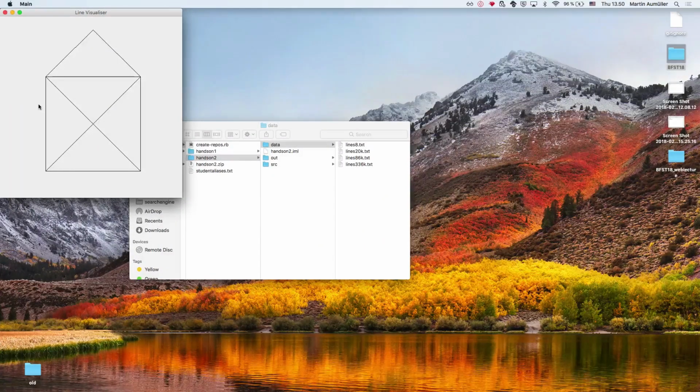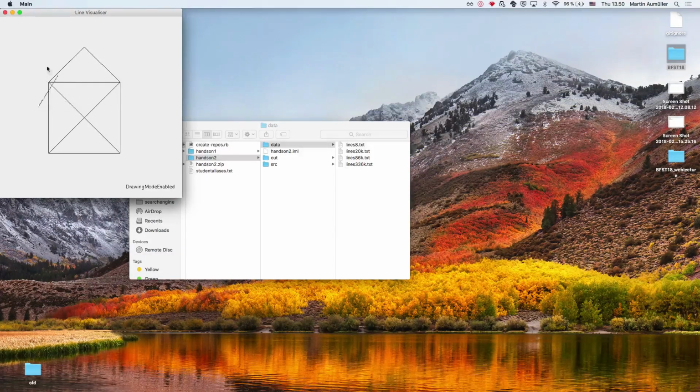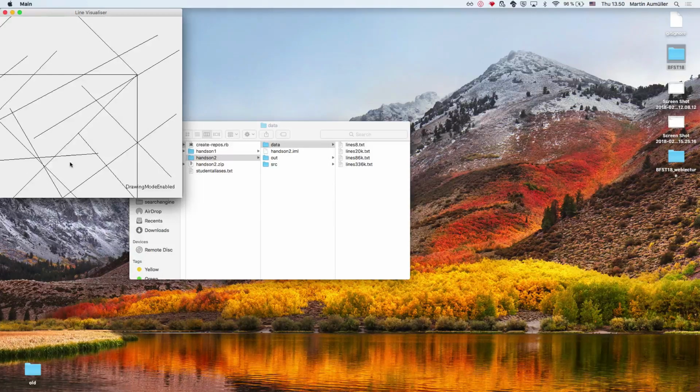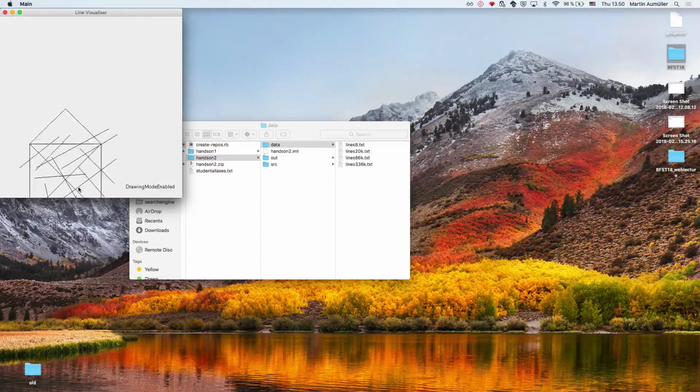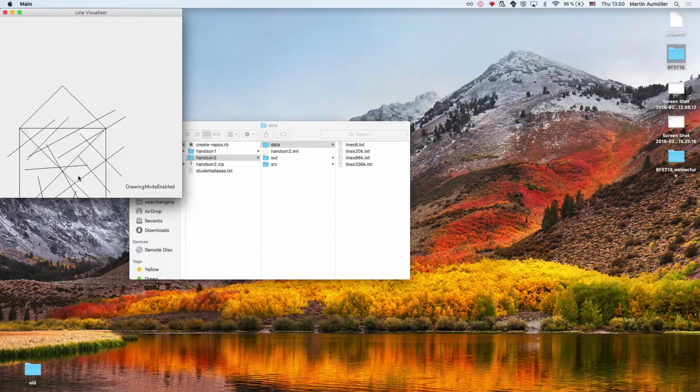And let's see, I'm pretty sure it doesn't work. But drawing mode enabled, I press, and I can do something. Yeah, I can draw lines however I want. You might see an issue here. Like these lines, they are somehow not where, I mean, it's a bit odd, I'd say. Where am I? Yeah, I don't know where these lines go. It's really,